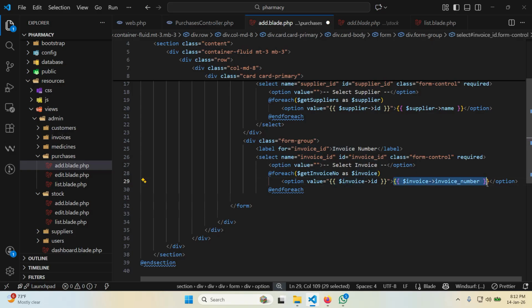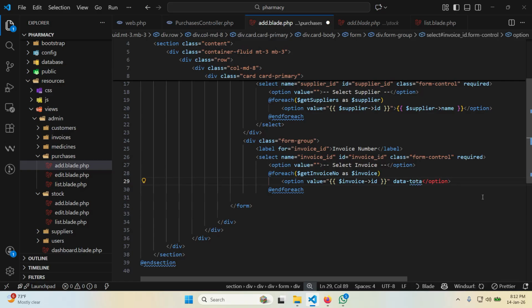Then here, let's remove this one first, and then we are also going to get another one, which we call data. So data, we can call it data total. I think, yeah, let's call it data total, like that. So data total, and then the data total we can say is equal to